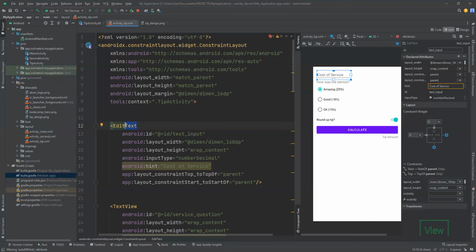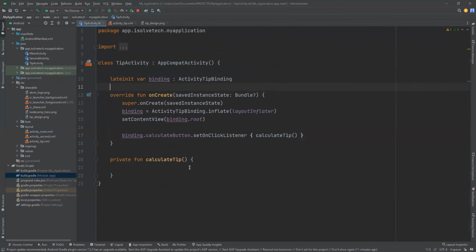We're going to apply the same thing here, but actually we're not going to do toInt, we're going to do toDouble. So how do we actually do that? First of all, in our function, we need to get what the user has actually typed in. So I'm going to just say val costOfService,